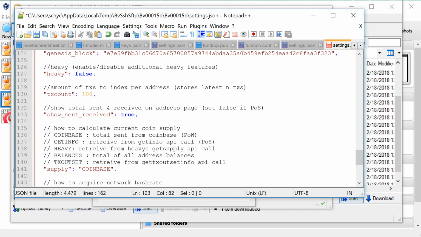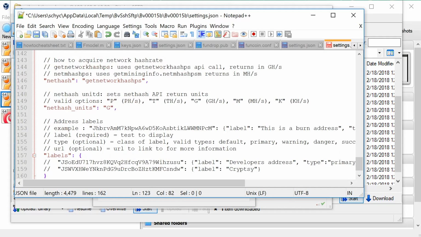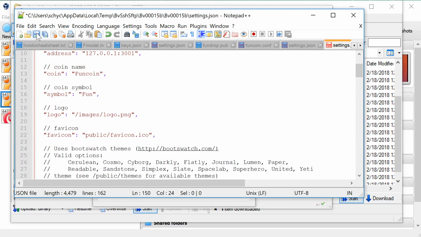And we can just go down, make sure we have everything we want. If you have a smaller coin like me, I would recommend you set this to something lower. I'm going to set it to kilohashes as the default hash rate it shows, or the units of the hash rate it shows. Anything else would just be overkill. Alright, so now that the settings are all set up, I can save this, and it will automatically upload it to my VM. And next thing we need to do is